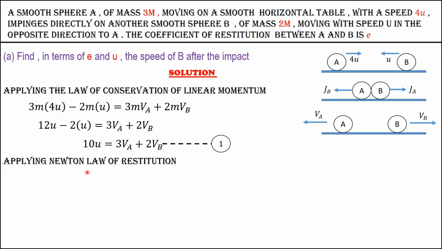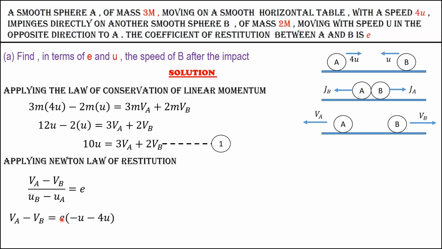Also, applying Newton's law of restitution, we have VA minus VB divided by UB minus UA, where VA and VB are the speeds of sphere A and sphere B after collision respectively, and UB and UA correspond to the speed of sphere B and sphere A just before collision, equal to E, which is the coefficient of restitution. So knowing already UB and UA, we can further simplify and have VA minus VB to